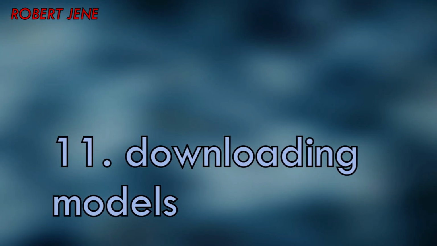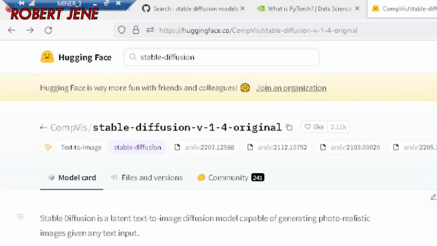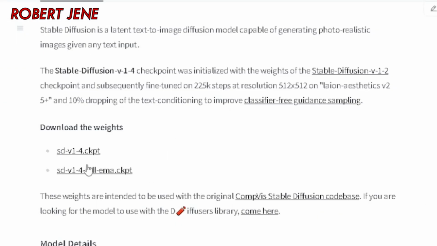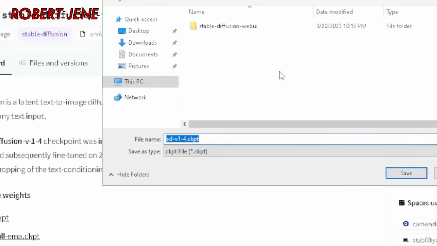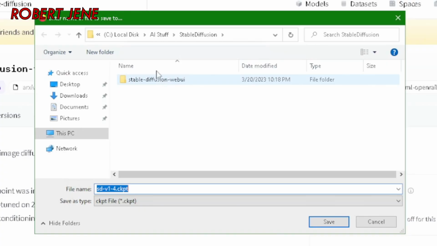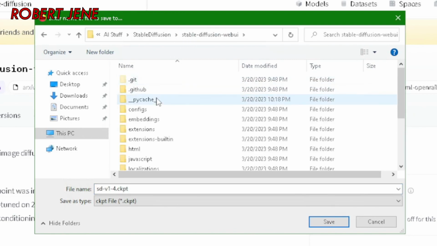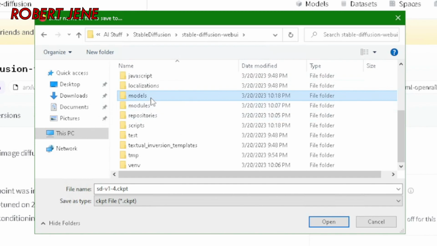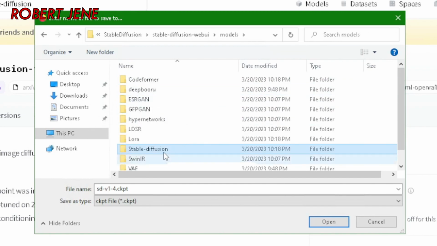Now we're going to download some more models. I've got this all linked in the description for you down below. But on Hugging Face, we got the 1.4 original. We go down here, and you want the smaller one. So it's going to be the 1.4.ckpt. Remember earlier how I was telling you about you need to see the extensions of file names? That's going to help you know where these things go. And you go to your stable diffusion, then your WebUI folder, and then models, and then stable diffusion again,